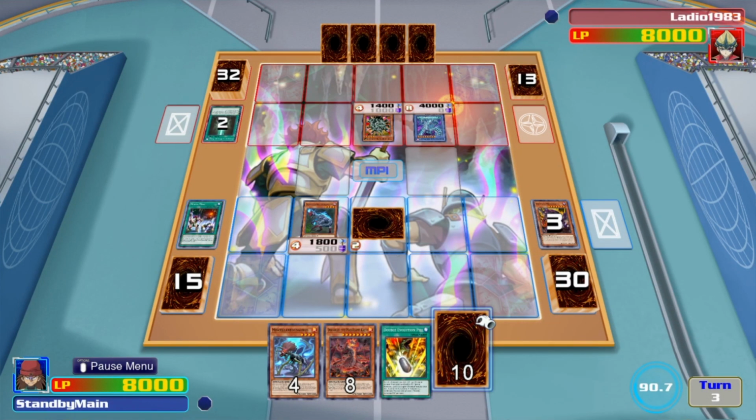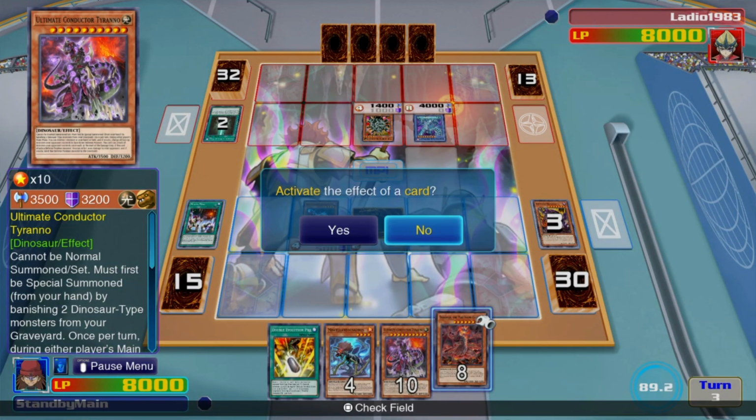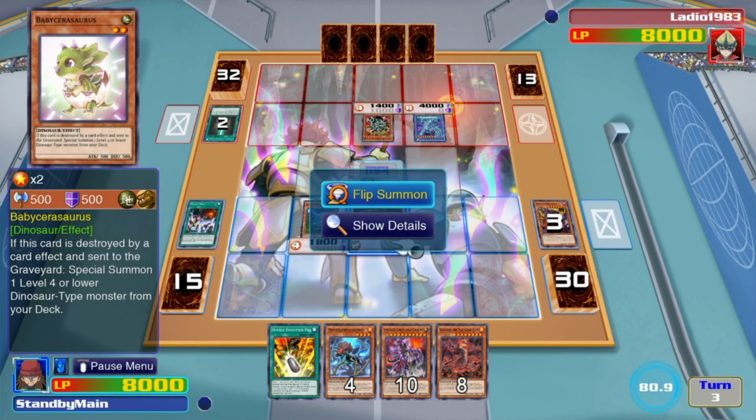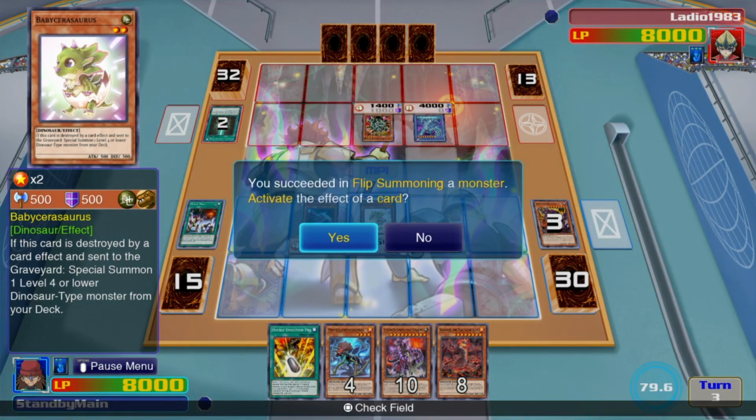Now, like I said, I could summon Tyranno right now, however, that would put me on 3 monsters, and he would be on 2, which is what we don't really want to do. So what we are going to do before we end this turn is I'm going to go and flip over Baby Ceratosaurus. I want to get him off the field